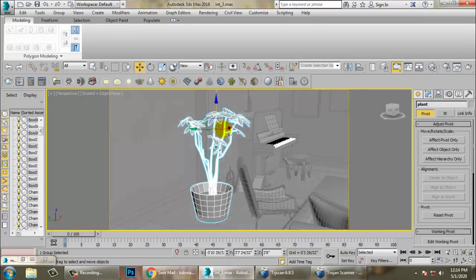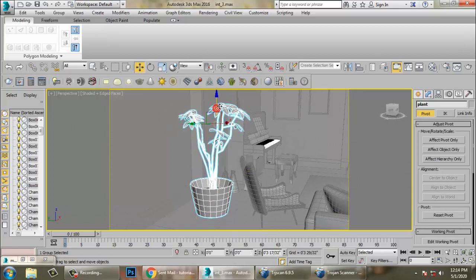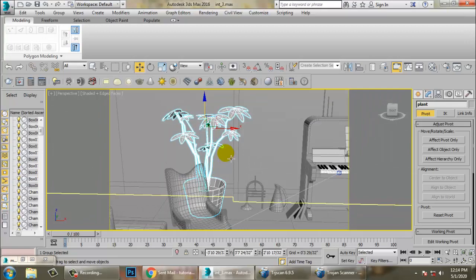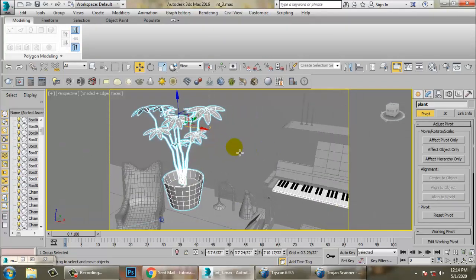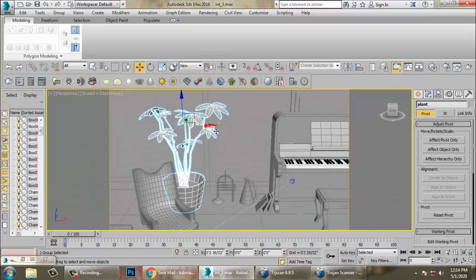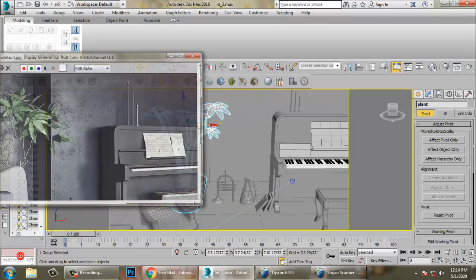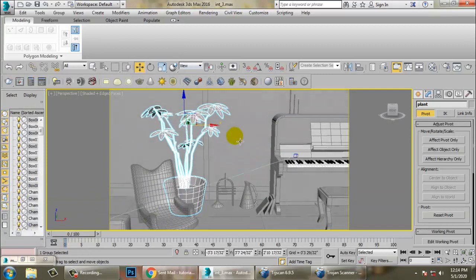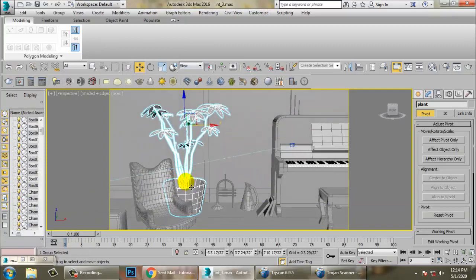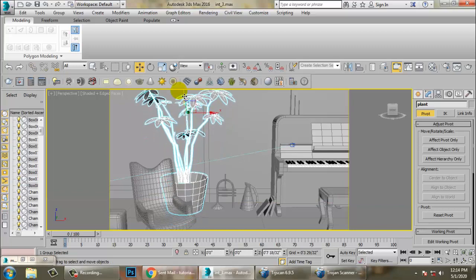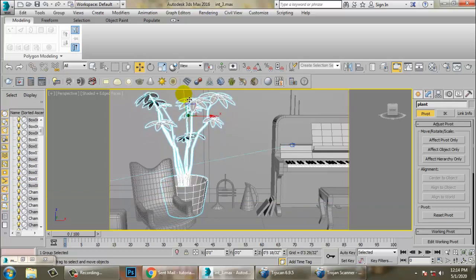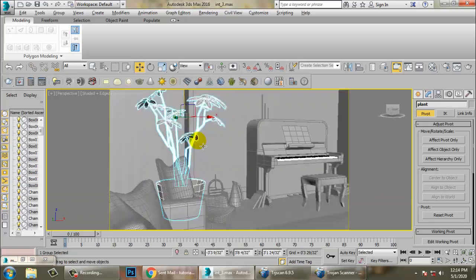What I have done over here is I'm just scaling this part. If you want to scale more, you can go with it. Now this looks better.